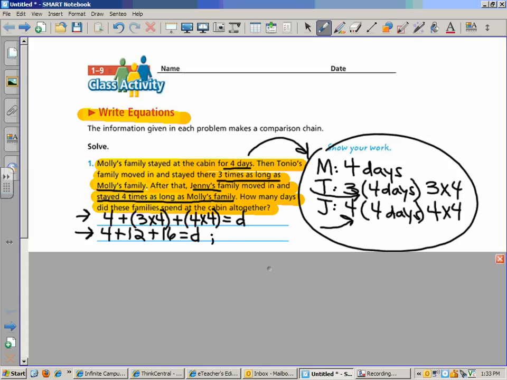So adding those all together, we can do it in our head the more comfortable we get, but we might want to line them up on the side. Remember, when you're adding multiple digits, you want to make sure that you're lining up place value. So 6 and 2, that's 8, and then 8 and 4, that's going to be 12. 2 is down, carry the 1, 10 to the next place value. 1, 2, 3, we have 32